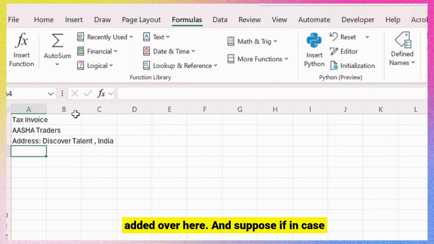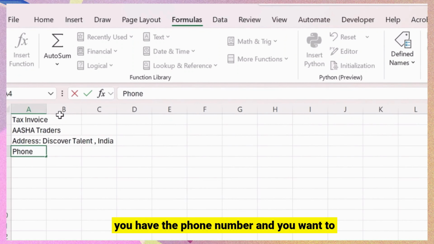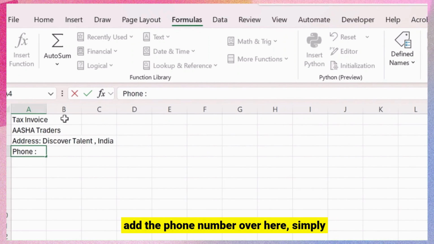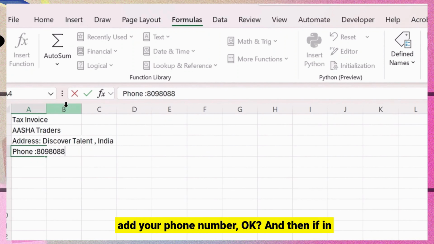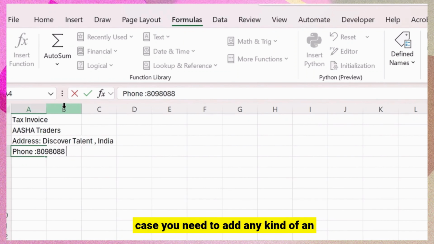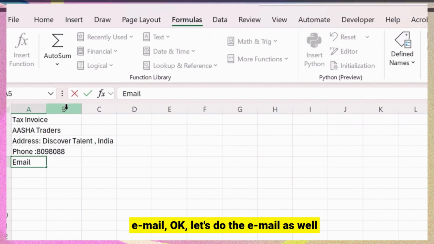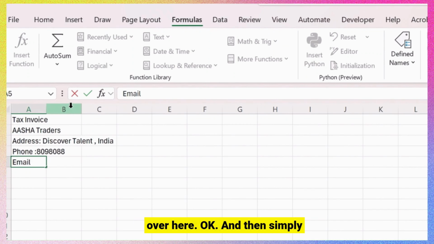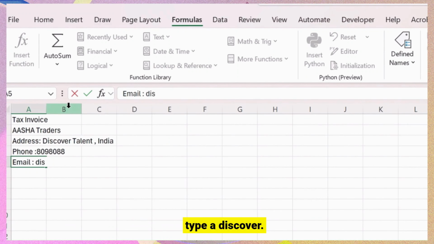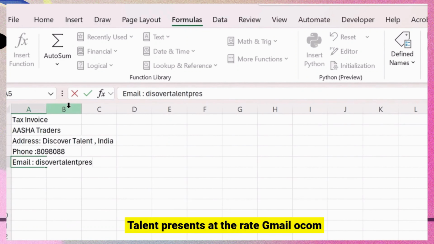If you have a phone number and want to add it here, simply add your phone number. And if you need to add an email, let's do the email as well, and simply type Discover Talent Presents